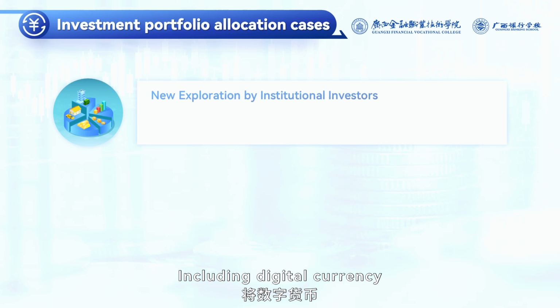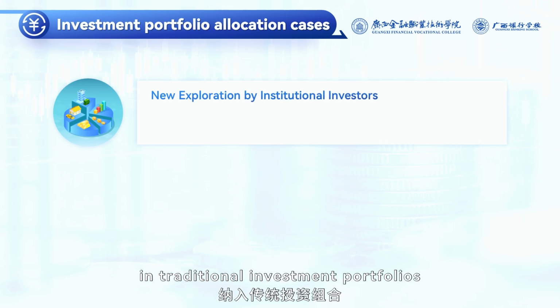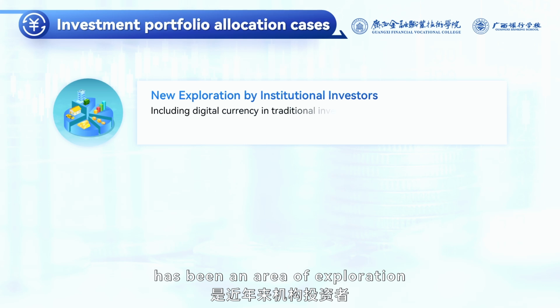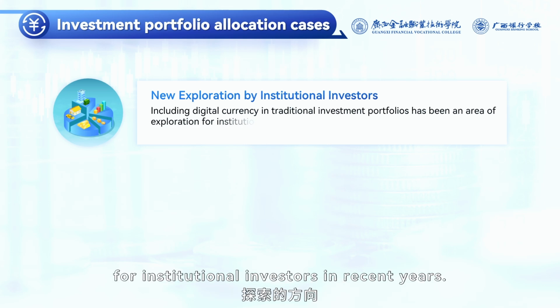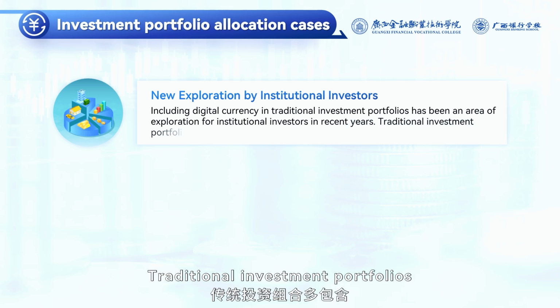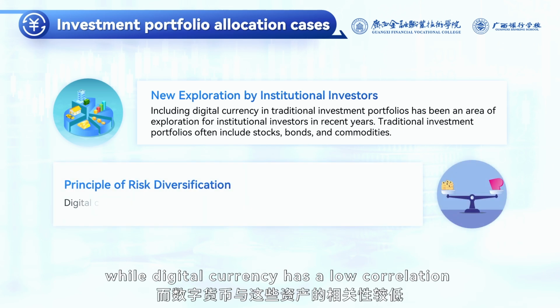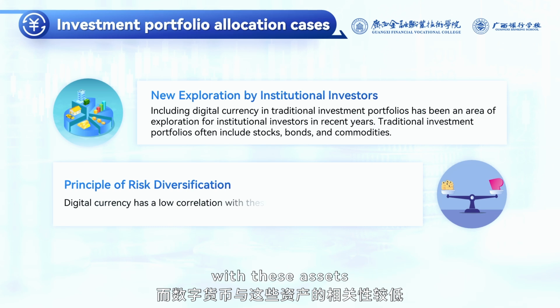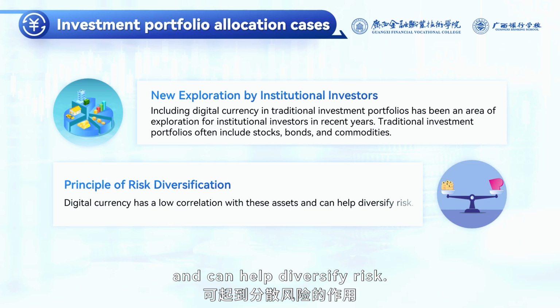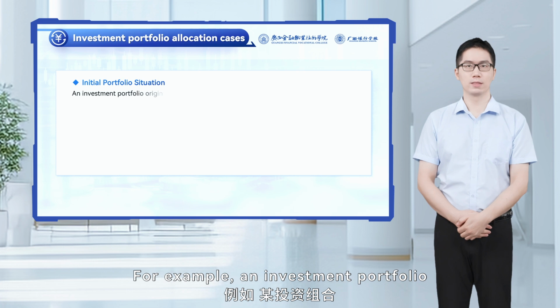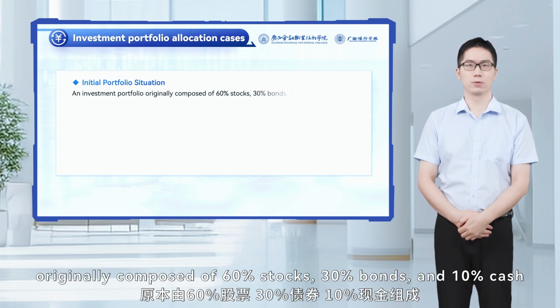Including digital currency in traditional investment portfolios has been an area of exploration for institutional investors in recent years. Traditional investment portfolios often include stocks, bonds, and commodities, while digital currency has a low correlation with these assets and can help diversify risk. For example, an investment portfolio originally composed of 60% stocks, 30% bonds, and 10% cash had